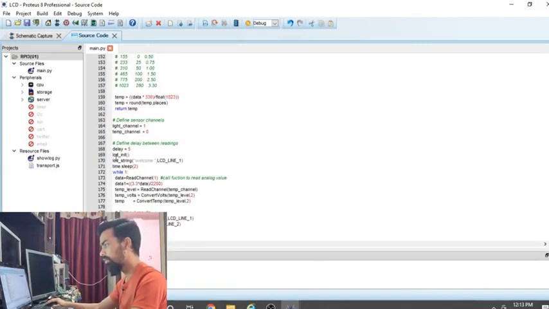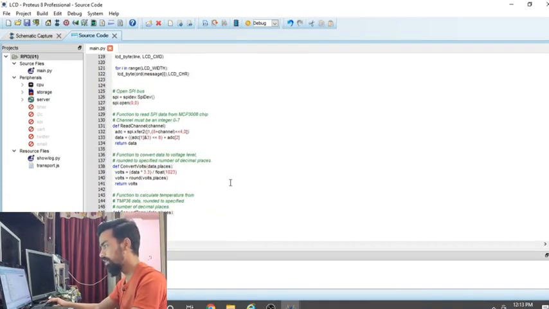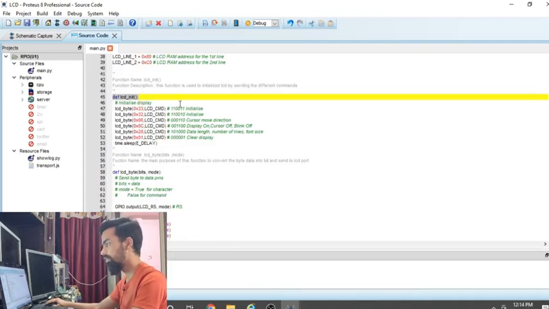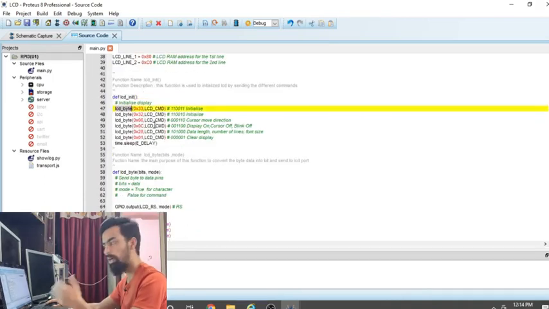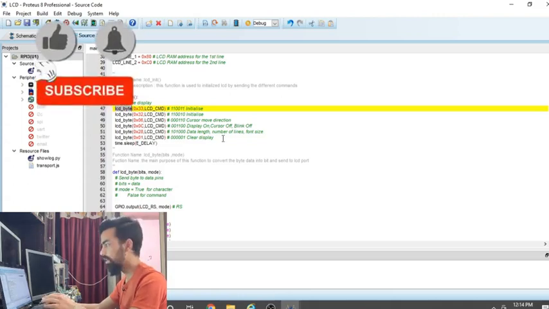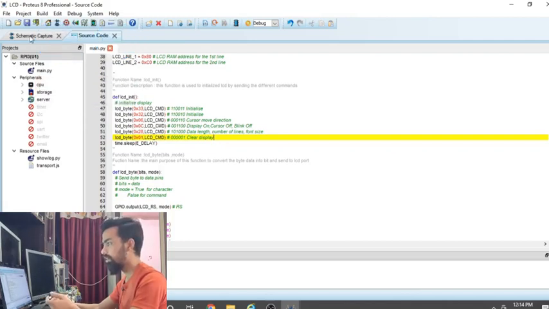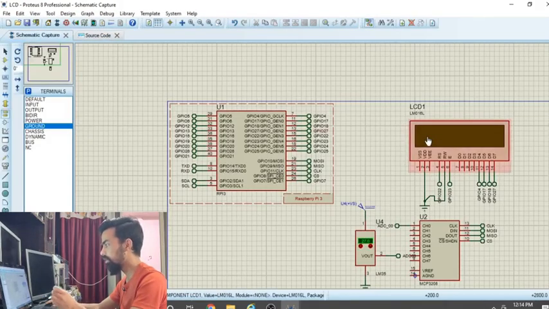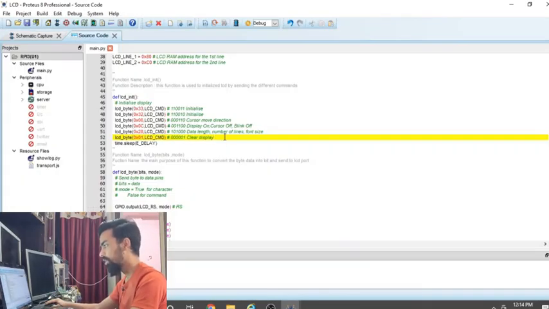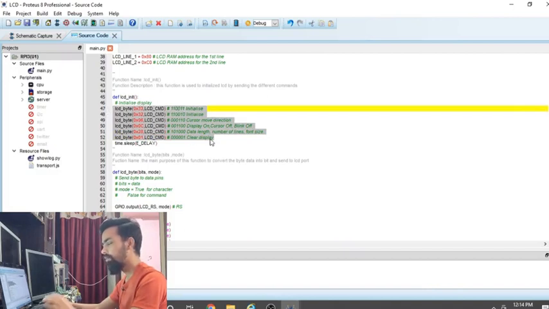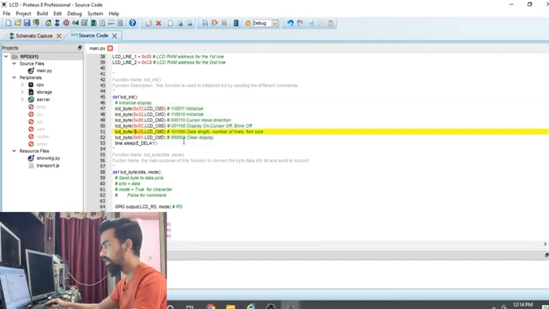So the first thing executed in the program is the LCD init function. You can see the LCD init function is here. In the LCD init function we have to send some commands so that our LCD starts working. This command is nothing but start the LCD, take the initial to first row only, message should be printed on first row only. You can see all these commands, and you will get details of these commands on Google. You can search the LCD commands, and you can easily find the importance of each and every command.